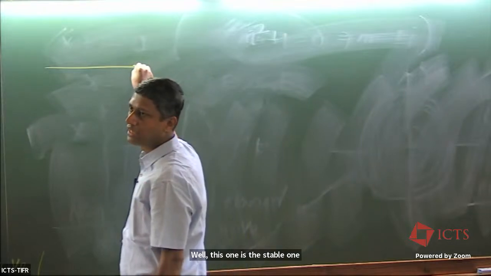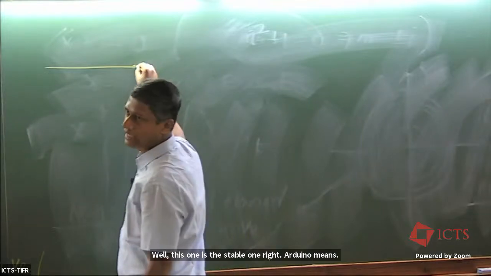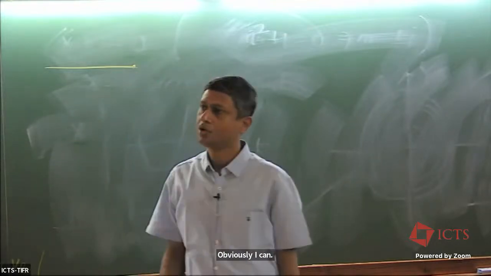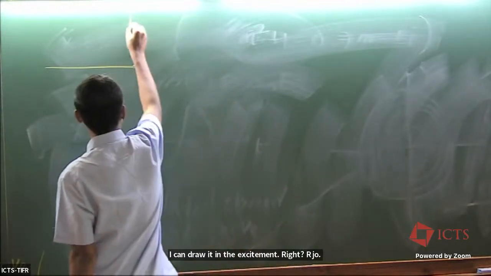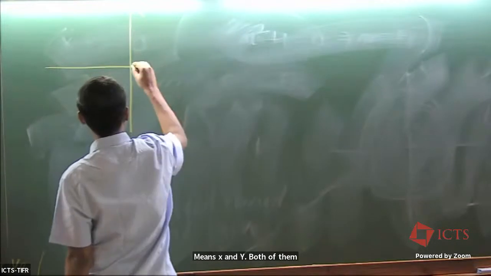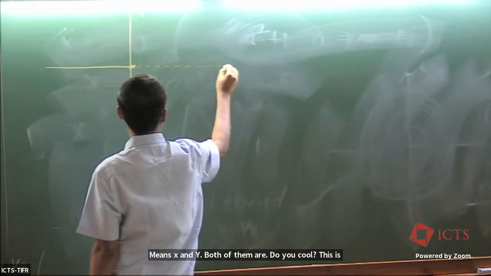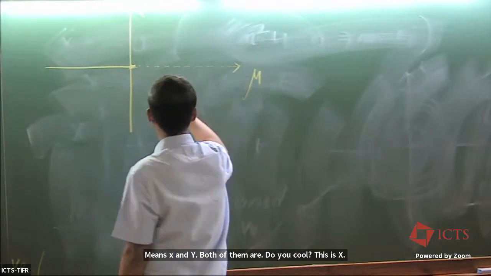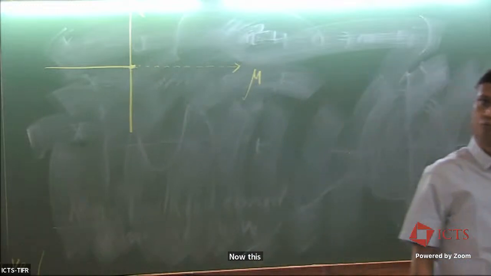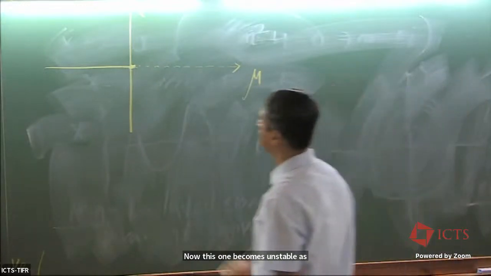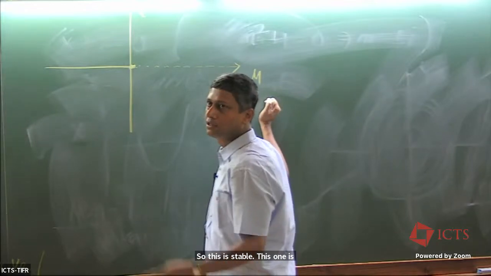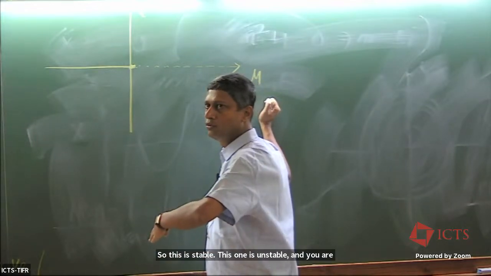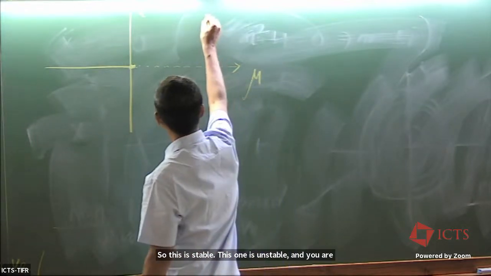R equals 0 means, obviously I can draw it in the xy plane, x and y both of them are 0. So this is x. Now this one becomes unstable as mu becomes positive. So this is stable, this one is unstable, and you are gradually changing your mu. Here what you get,